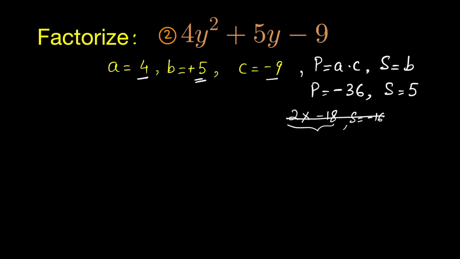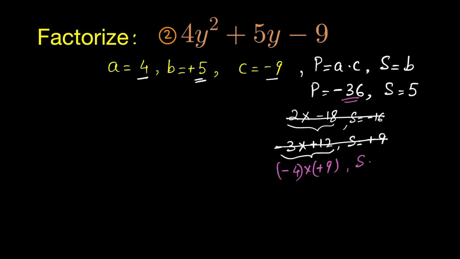So next we take 3 times negative 12. When we add it, you can see we get minus 9. Every time we are getting minus, so what we can do is put minus here and plus here, so that when we multiply we again get negative, and when we add we get positive. Still this doesn't work, so we check for the next one. So we write minus 4 times positive 9. When you multiply, it's good, it's giving us minus 36. And when we add it, minus 4 and positive 9 will give you positive 5,